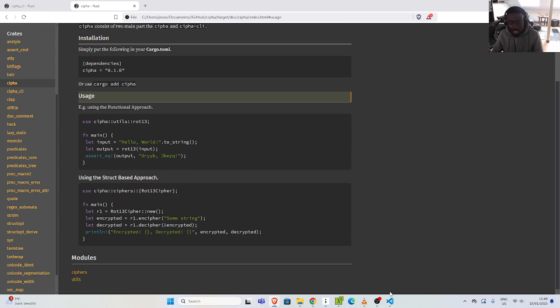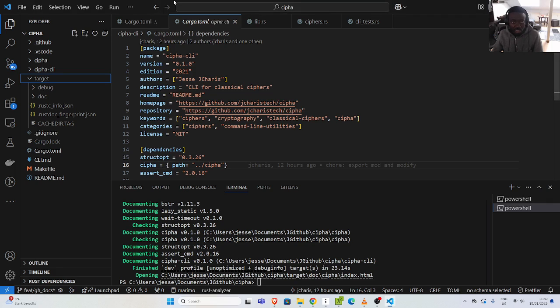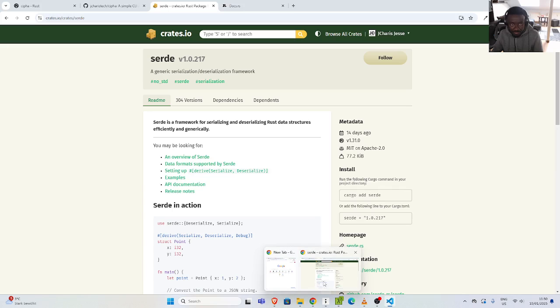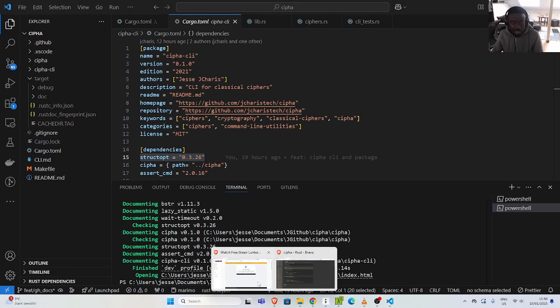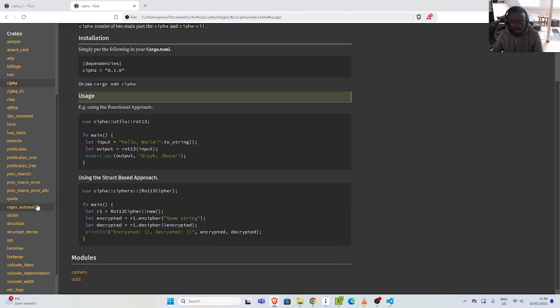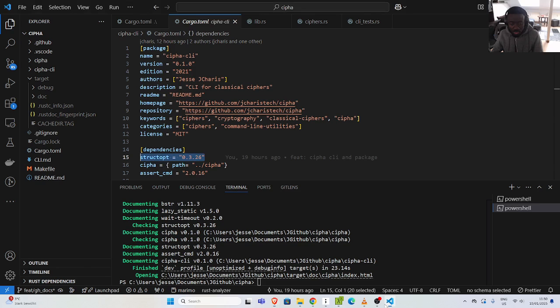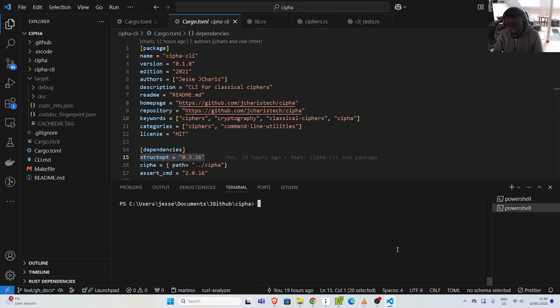So how do you fix it? If I go back and check my cargo.toml file, we see we only have this one and this as the dependencies. This is from the package itself, but you can see from here that we have so many packages there. So how do you fix this issue? I'll go back to where I was working, and I'm going to use cargo clean to remove the docs,